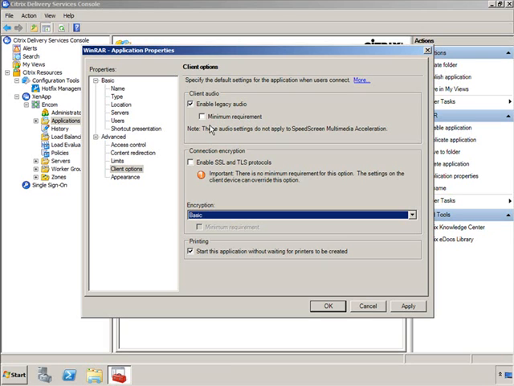So if the application requires audio, you might want to enable that. If it doesn't, you probably want to disable it. So this controls the audio settings for a particular application. Now, if we move on to the appearance,